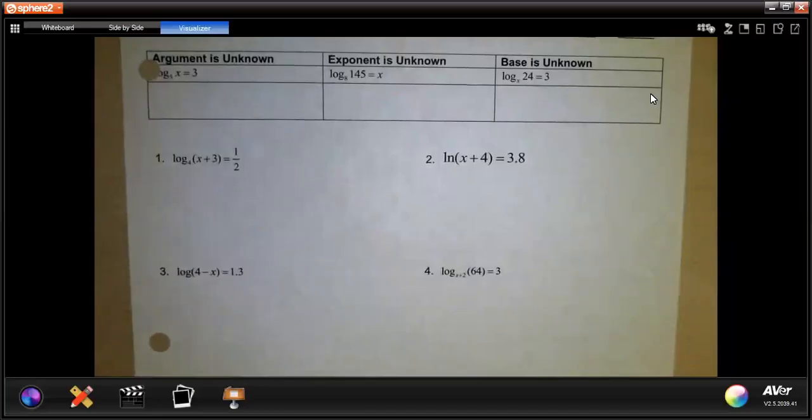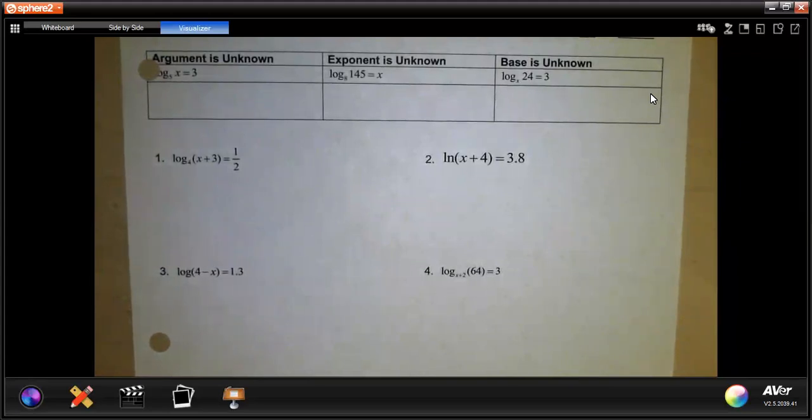Okay, today we're going to solve logs for day one. So we're going to solve the simpler ones. Next class period, we will work on solving the ones with properties on them. Before we get started on solving these logs, I want to talk about what are we solving for and where